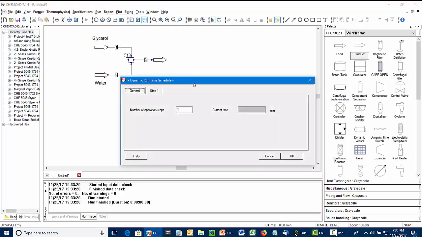CHEMCAD has the option of breaking operations into multiple steps. You might think of them as stages rather than steps. For instance, you might heat a reactor to a certain temperature, then add a reactant, heat it to another temperature, something like that. In this case, just to illustrate the dynamic capabilities of CHEMCAD, we're going to use a single